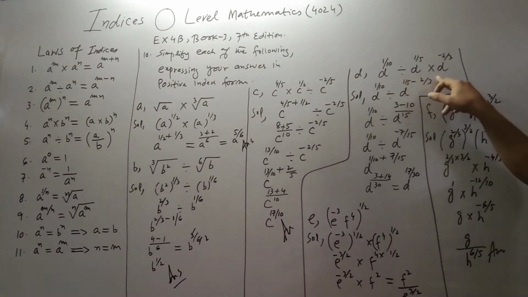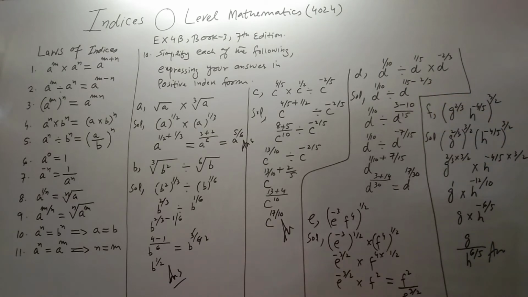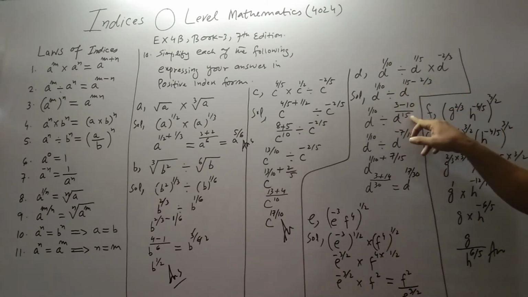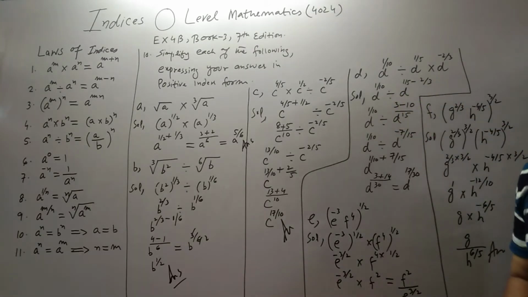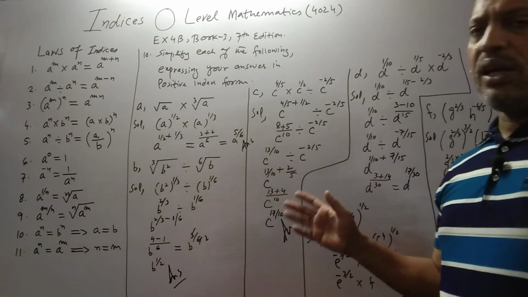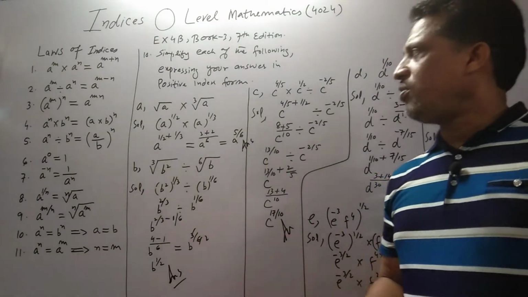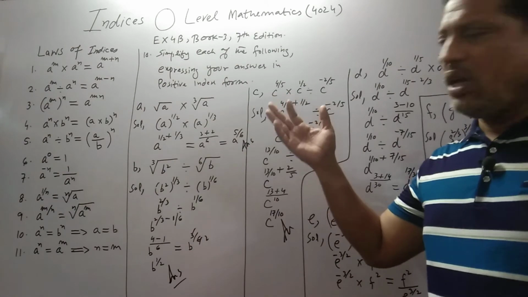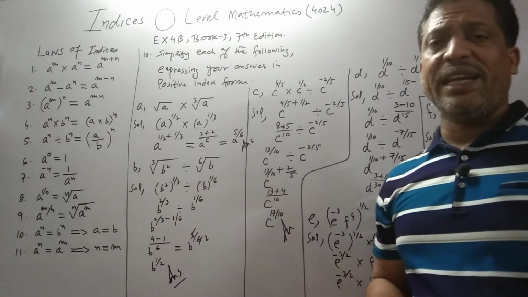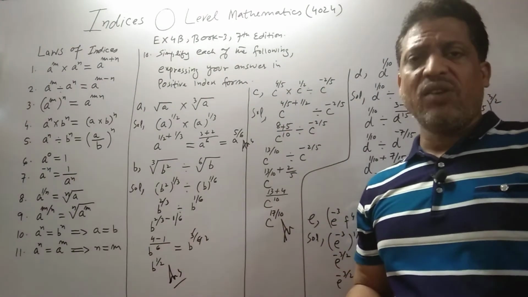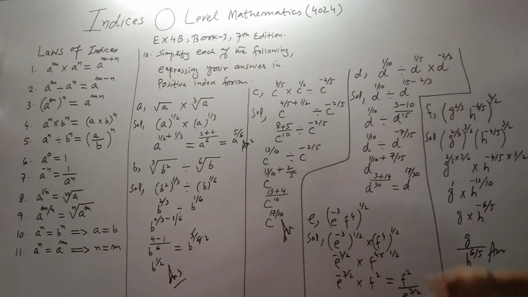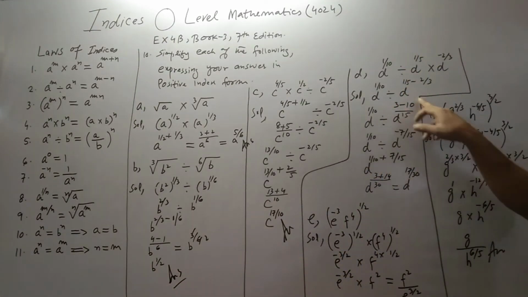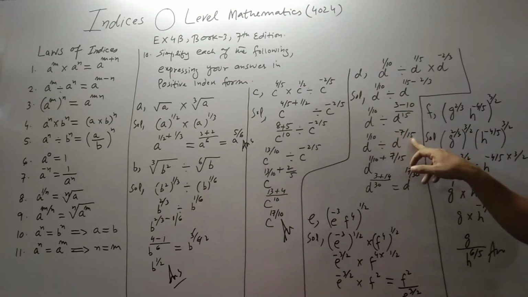1 upon 5, if this is minus, therefore we should write minus. So 1 upon 5 minus 2 upon 3. Now take the LCM of 5 and 3, which is 15. 5 times 3 is 15, 3 times 1 is 3; 3 times 5 is 15, 2 times 5 is 10. Student, you must know how to take LCM. I am not teaching you LCM right now because our topic is indices. So if you feel difficulty in LCM, see book 1 of mathematics where you will see a lot of questions of LCM. So 3 minus 10 is minus 7 upon 15.